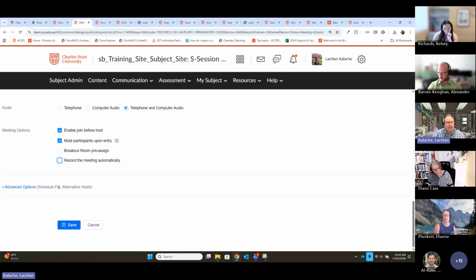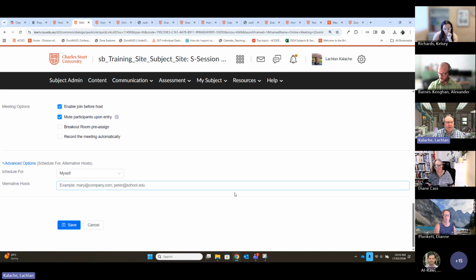And then down the bottom underneath advanced options is where you're able to specify your alternative hosts or your co-hosts, as Zoom calls them. And this will only work if they have a CSU Zoom account. So that scenario I talked about at the beginning, if they're not signed in, this is not going to work. You're not going to be able to add them as a co-host. So if I was going to add Di in here,